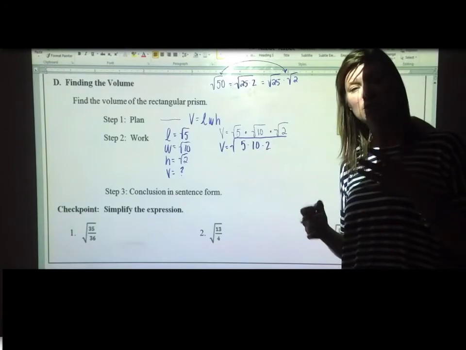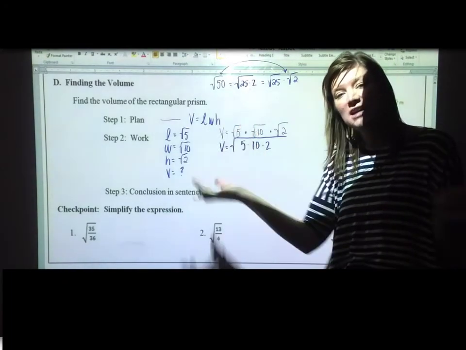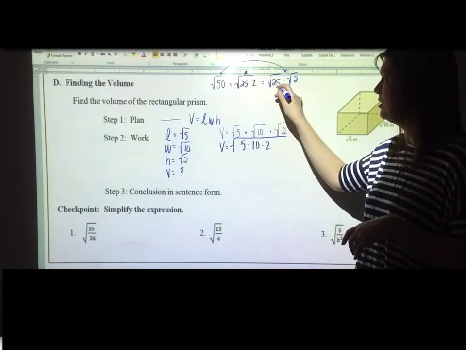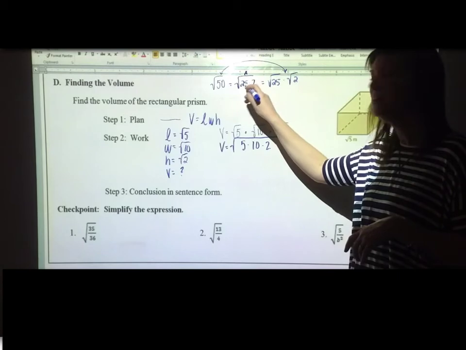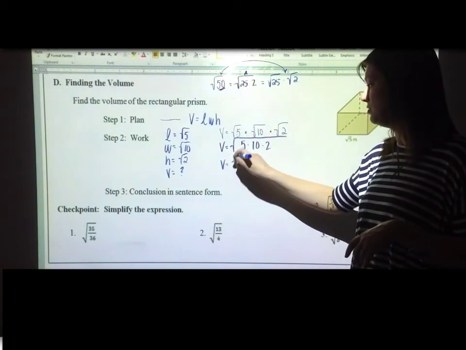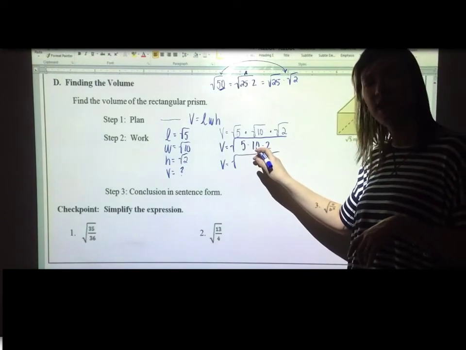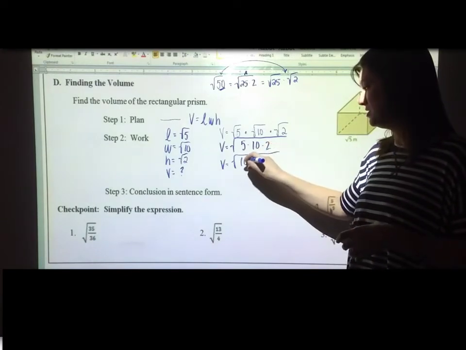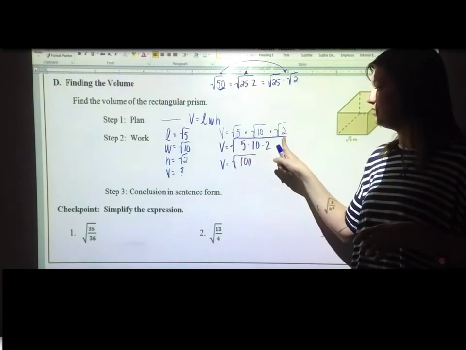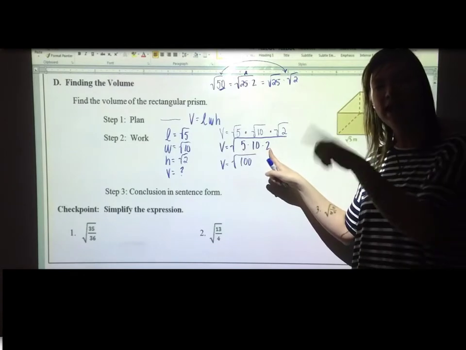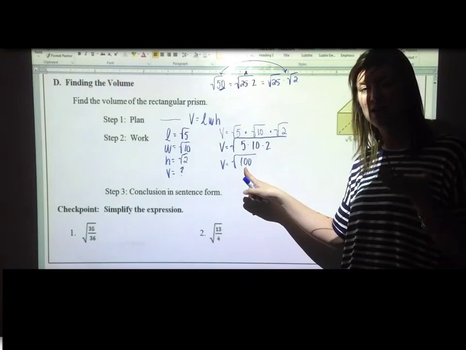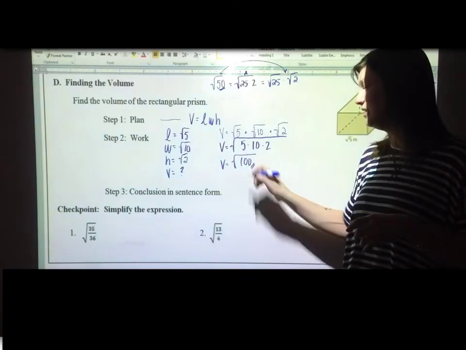So I can take the square root of each factor, or I can find their product and take the square root of it. So I rewrote it, so I'm right here on this step: rewrite the factors under one radical bar, now multiply to get the product of those factors. So the volume is equal to the radical of 5 times 10 times 2, and now I find their product. The volume equals the radical of 100, which hopefully you're saying, oh, nice,